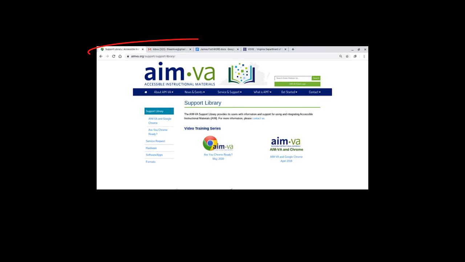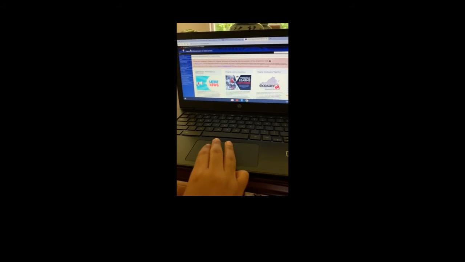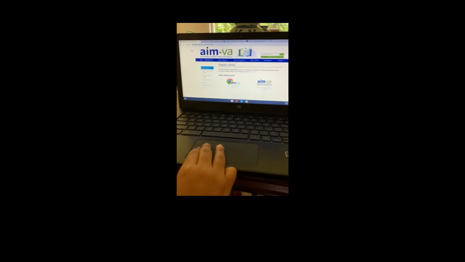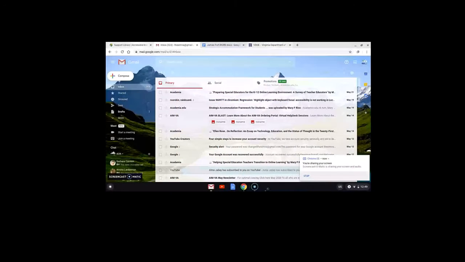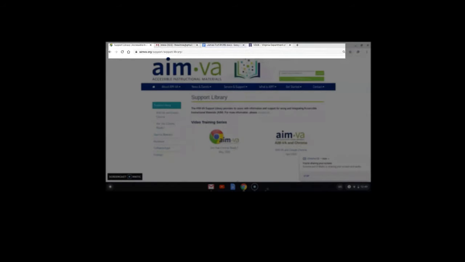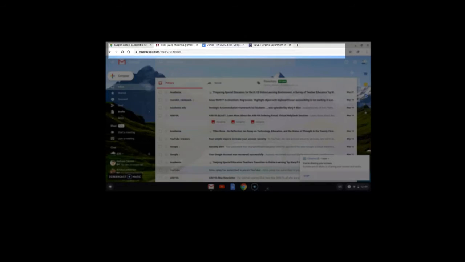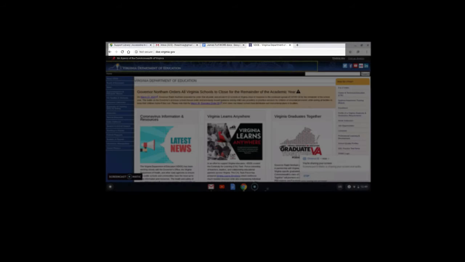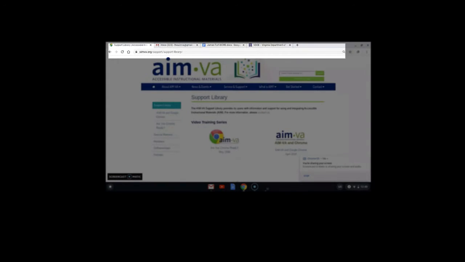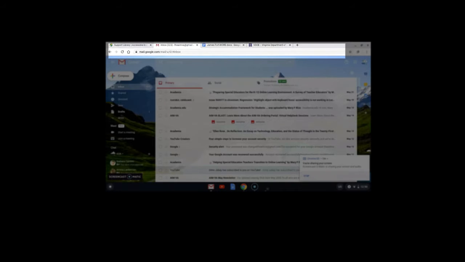Now, let's say you have several tabs open and you want to quickly switch between your tabs on your Chromebook. You can easily do this by placing 3 fingers on the touchpad and swiping to the left or the right. You'll notice that your tabs slightly highlight as you move between them. So that is all you need to know about manipulating tabs within Google Chrome on your Chromebook, Mac, and Windows computers.